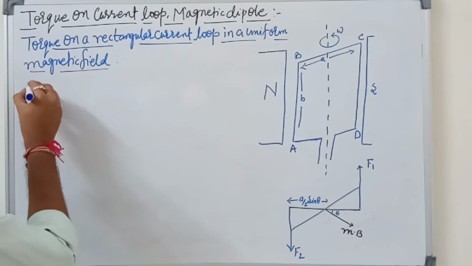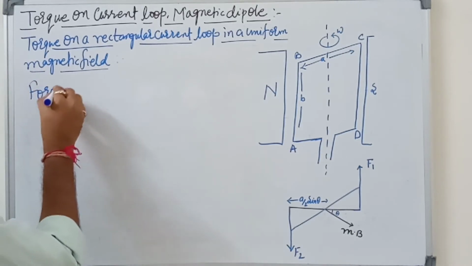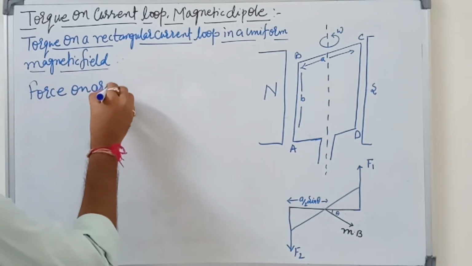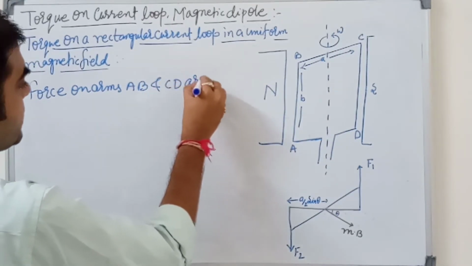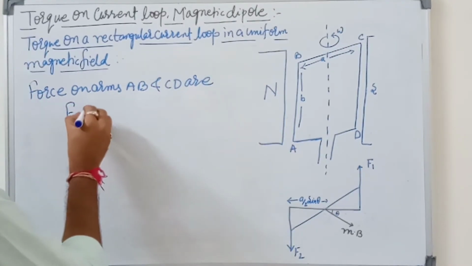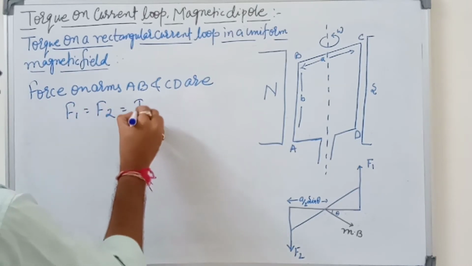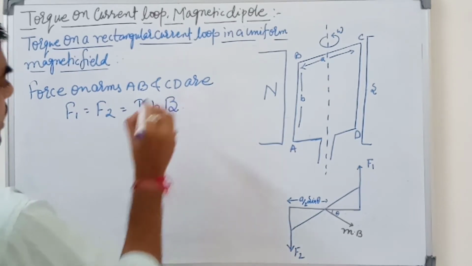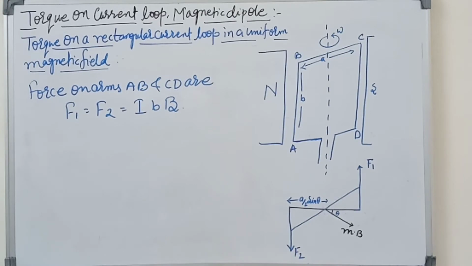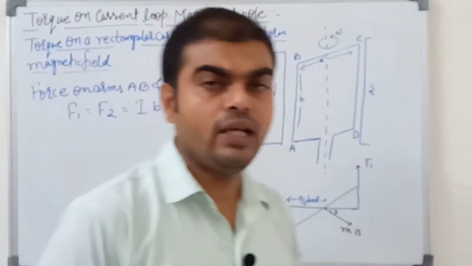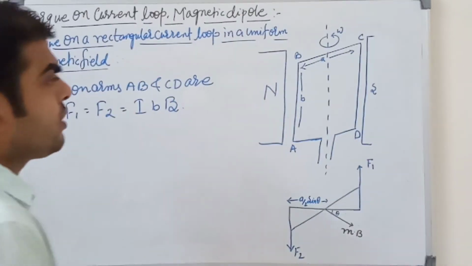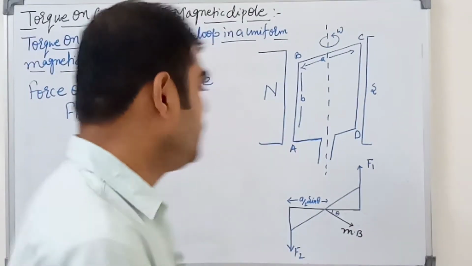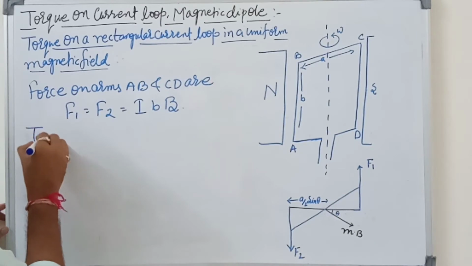So now the forces on arms AB and CD are F1 and F2, equal to IBb. Okay, it is clear. And now the rectangular coil is rotating with angular velocity omega, so it creates a torque. Now the torque tau is equal to